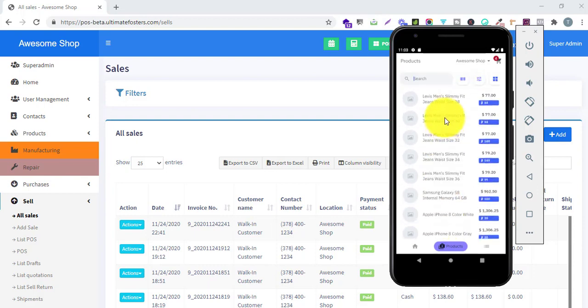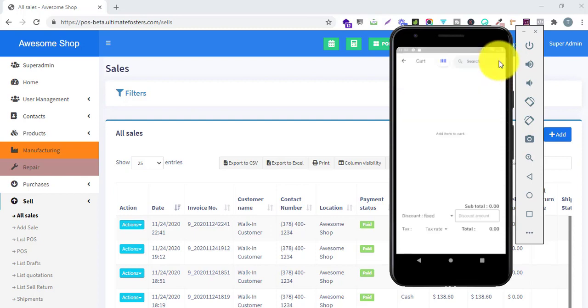So to add any product to the cart, I have to just click on this particular product, so you can see added to the cart. If I click it once again, it is added to the cart. So you can easily add any product by clicking on the product. After you have added to the cart, you have to click this cart button from here,